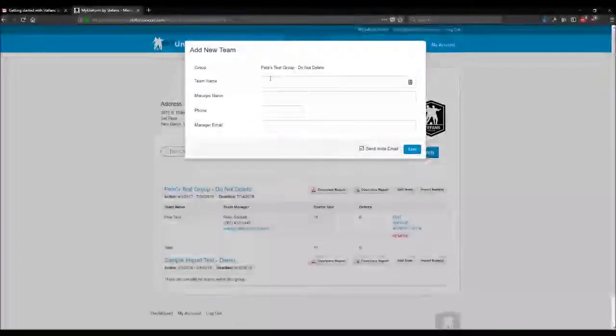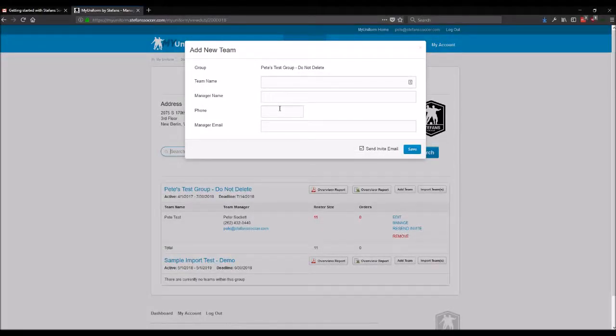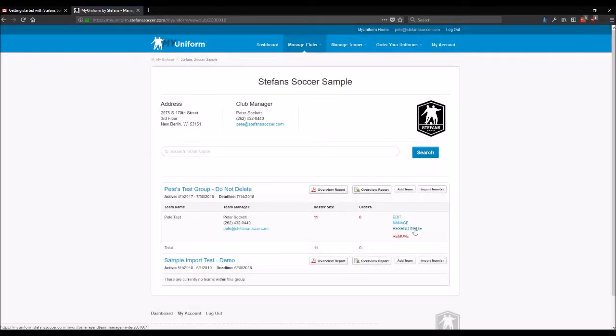Adding teams, it will ask for the team name, the manager information, manager's name, phone number, and email, and then an option of whether or not you want to send that manager an email invitation. If you're setting up the rosters, you may want to leave this unchecked to begin with, and then go back and resend invitations through these links here